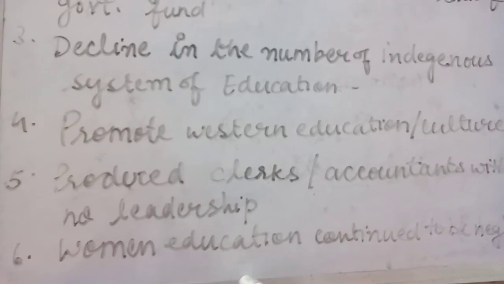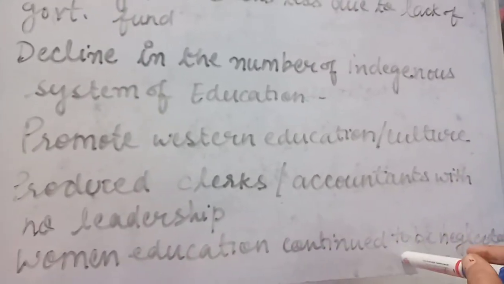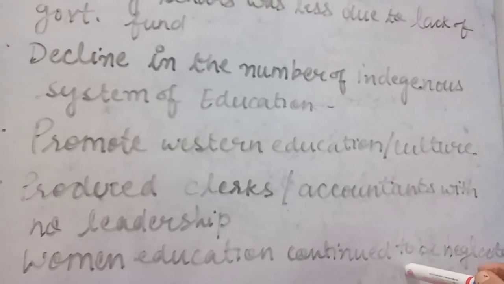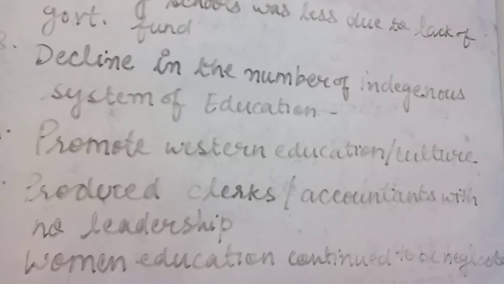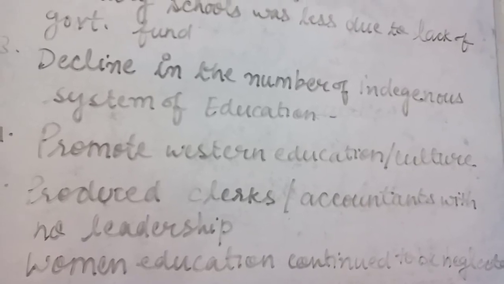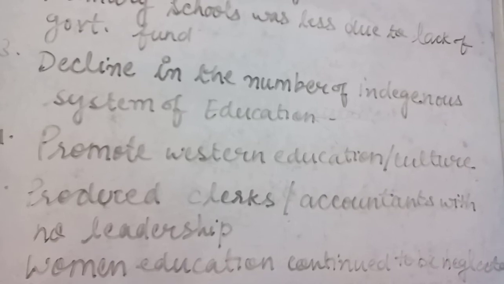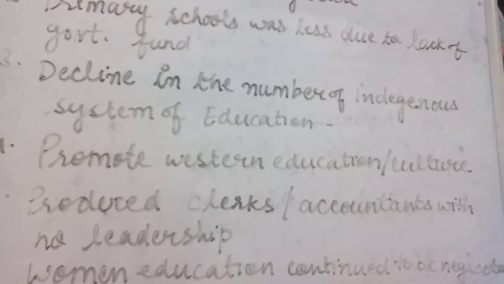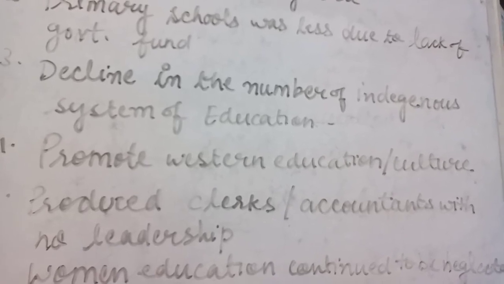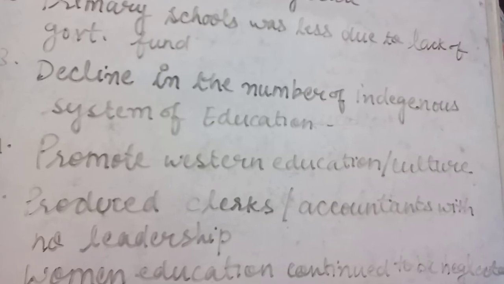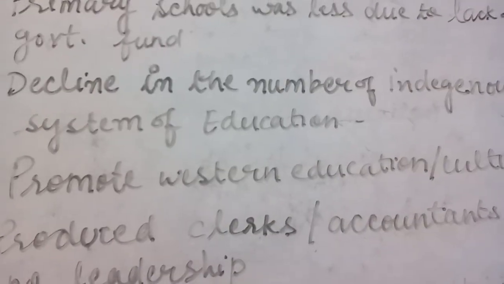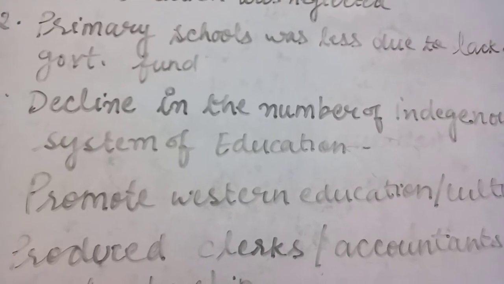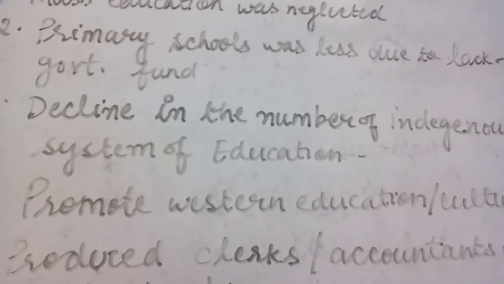And women's education continued to be neglected. It means in 1921 only 2% of Indian women could read and write. And it blindly followed the Western model, which was not of much practical utility to Indians. So there was little provision for scientific or technical education. It did not promote vocational education as required. Thus, education remained the interest and privilege of only the wealthy people.